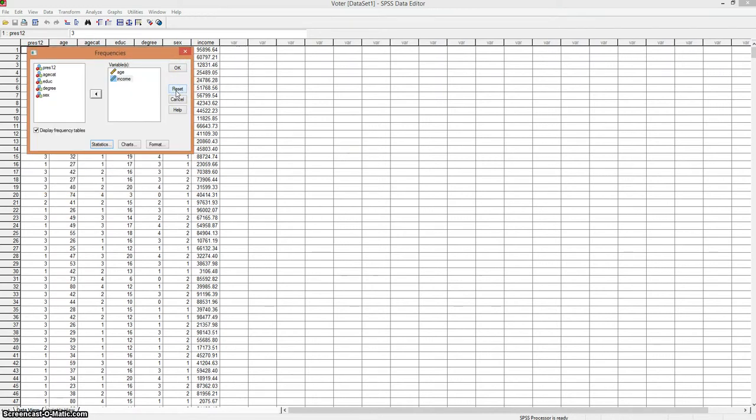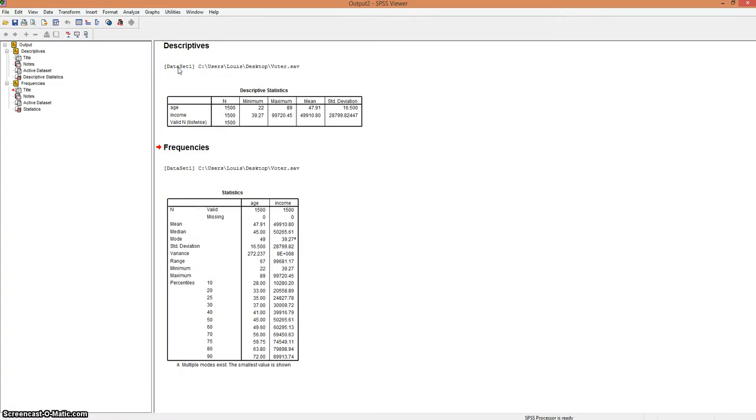We're back at the Frequencies window. One thing I don't want to do at this point is to display the frequency tables, so I'll make sure the check is out of that box. And I could generate some graphs, but we'll deal with that later. So now that I have chosen which descriptive statistics I want displayed, let me click OK, and here is the